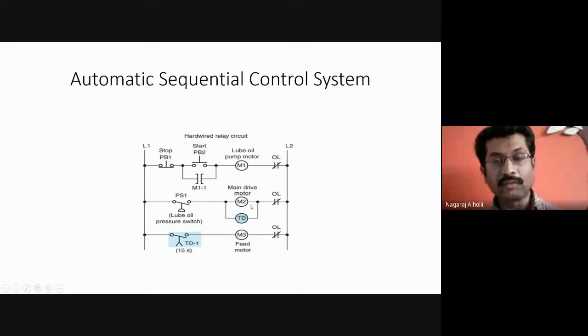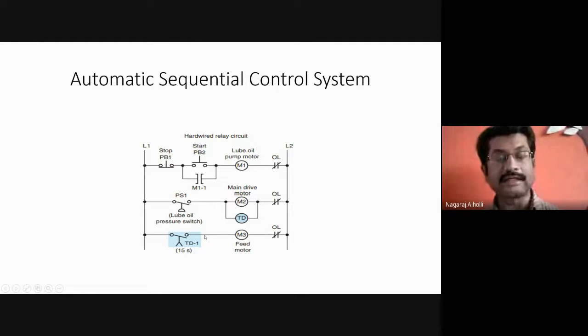Okay, main drive motor is turned on and this is the timed delay contact which is there, which will activate the timing once this pressure switch is activated, and the relay coil is again meant for protection for the over current or the excess current. So once this timing delay contact has been energized here, after a time duration